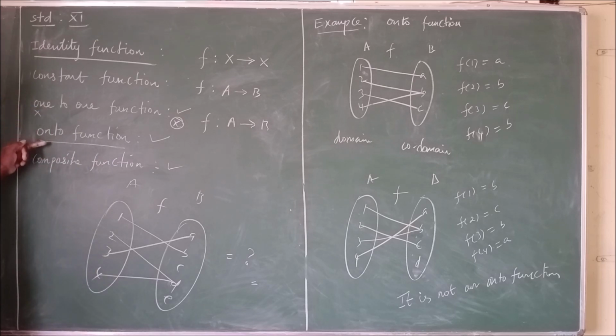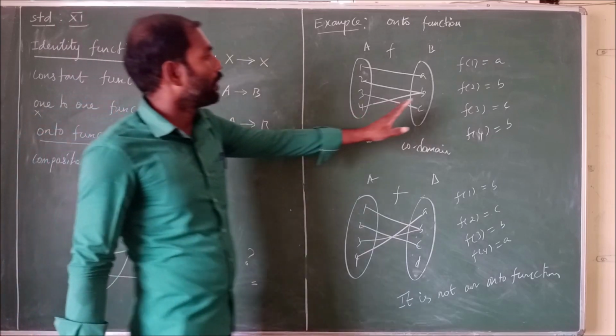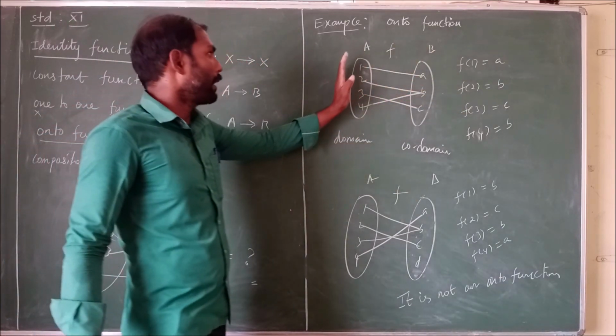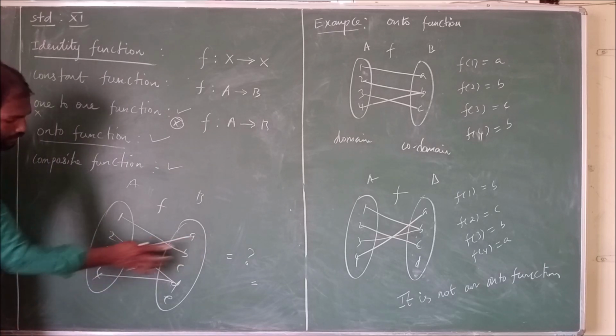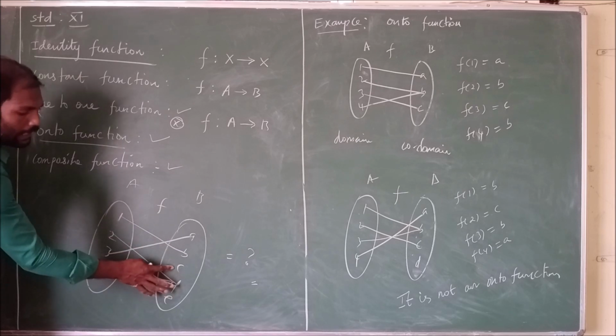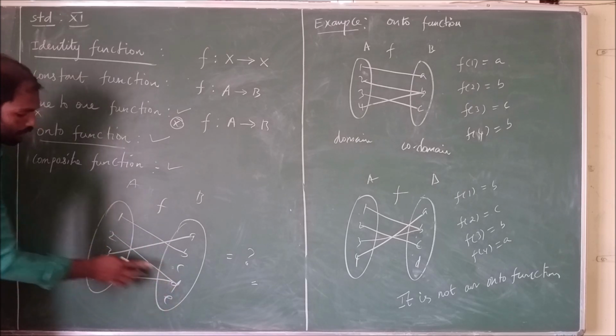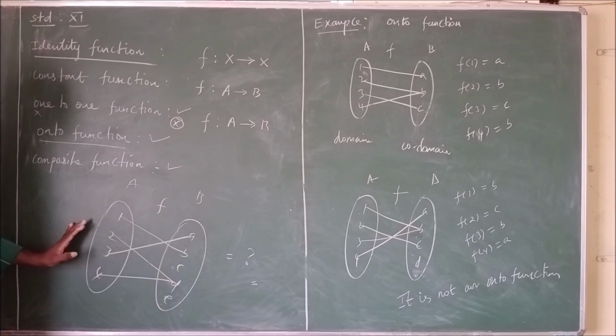Again we have to check whether it is an onto function. The basic definition for an onto function: every element in the codomain has at least one pre-image in the domain. So A has pre-image 3, B has pre-image 1, C has no pre-image, D has 2 pre-images, E has no pre-image. So it is not an onto function. Clear that this one is not onto.